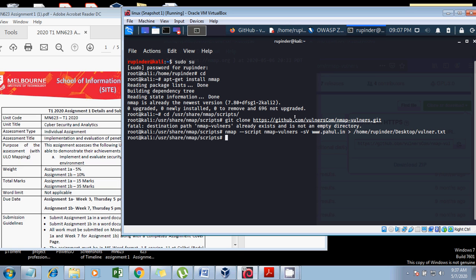In this video demonstration, I will try to demonstrate some vulnerability scanners which are available in the market, and without taking much of your time, I would like to start with the Nmap tool. A very short introduction of this tool will be that Nmap is short for Network Mapper, and it is a free and open source tool for vulnerability scanning and network discovery.